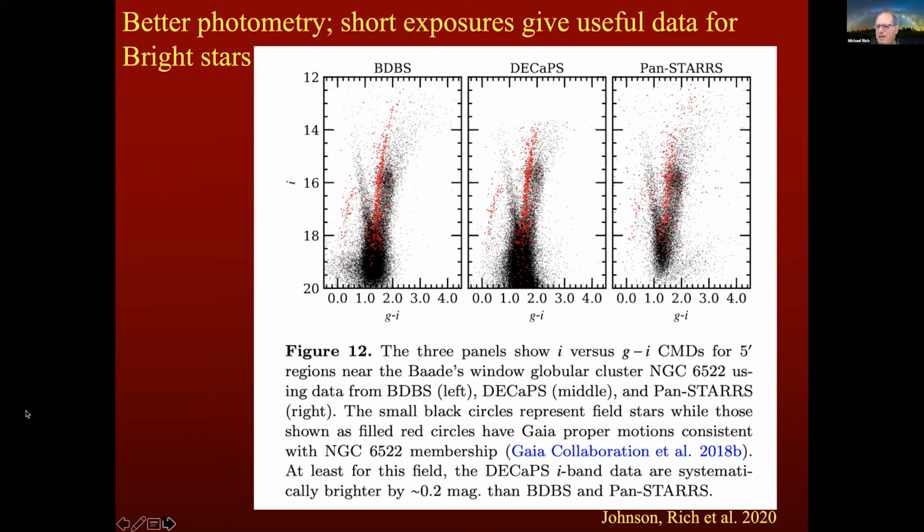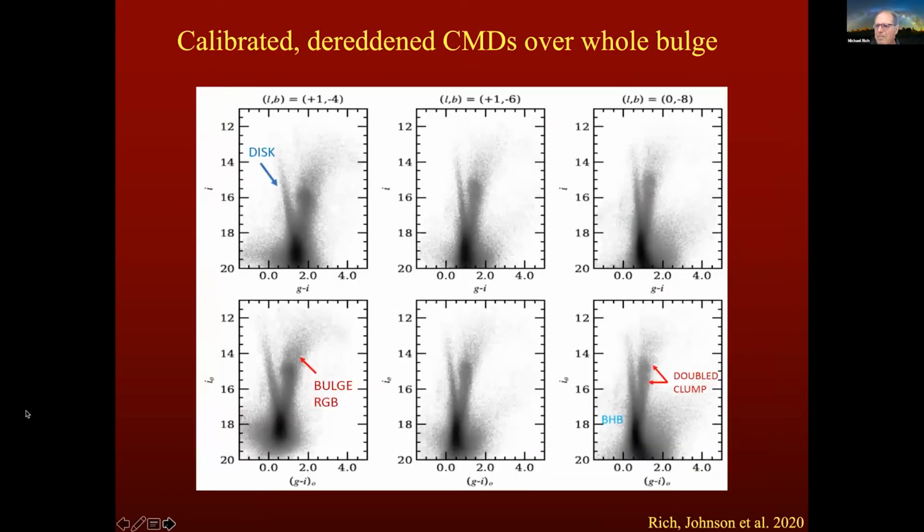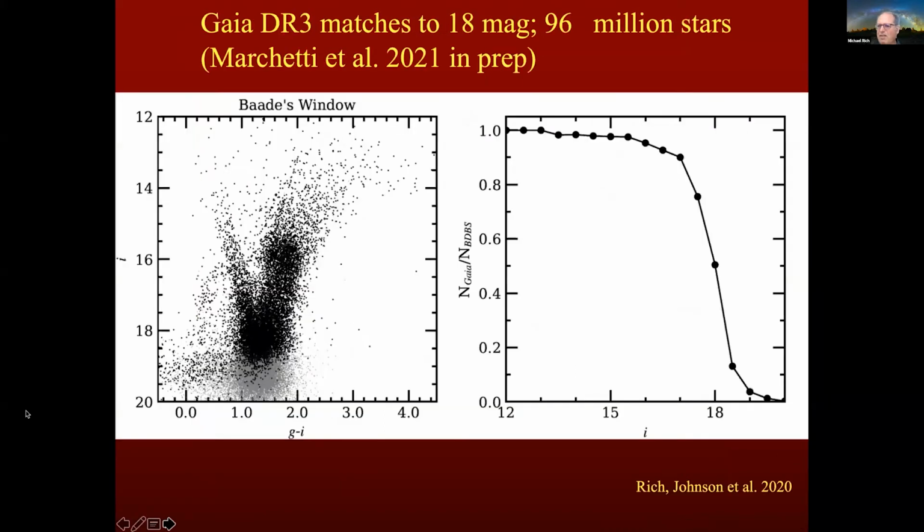So you may wonder why BDBS. Well, we have shallow as well as very deep imaging. We also emphasize deep imaging of the U band. And while I won't discuss it in this talk, we have metallicities for 3 million red clump stars that give us information about the metallicity distribution of the galactic bulge. As you can see, our color magnitude diagram on the left has by far the narrower giant branch. And so we get these nice de-reddened color magnitude diagrams derived over the whole bulge using the reddening prescription of Simion et al. 2017,